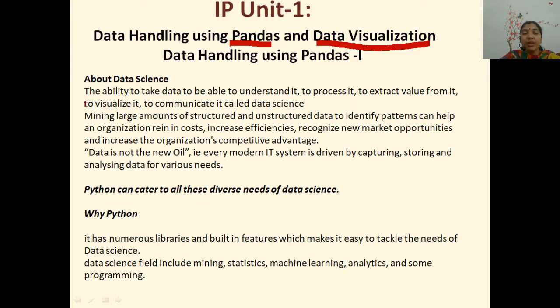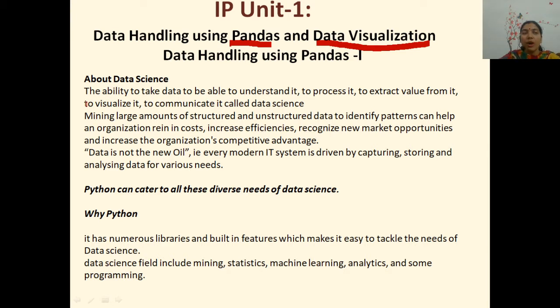We must be able to visualize the data, what this data is signifying, what it is communicating to us, what is the meaning of a particular data. When I say someone X student has scored 90 marks, what does this 90 marks signify? It signifies something good or bad.